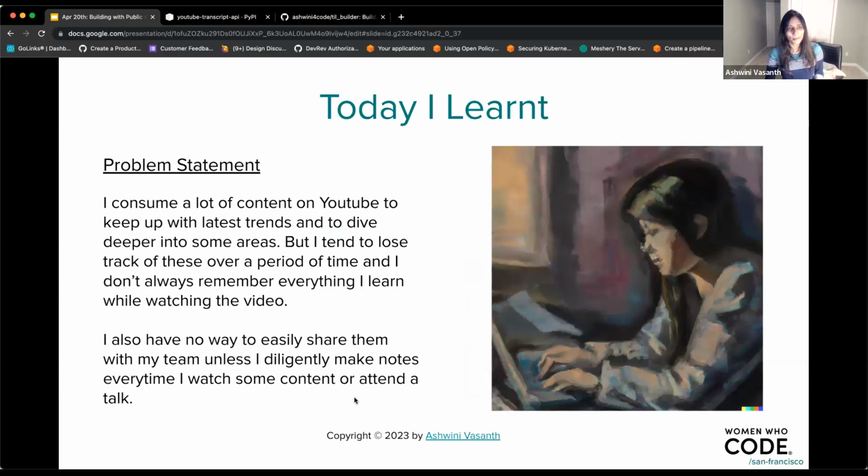So one such example for me personally is the "today I learned." What do I mean by that? Every day we consume a ton of content, right? I think I speak for the entire group over here when I say that we watch a lot of videos. We're trying to learn concepts. We might be learning small snippets of concepts, or we might be deep diving into concepts, but we're constantly consuming content, especially in the form of YouTube videos, which could be from various sources.